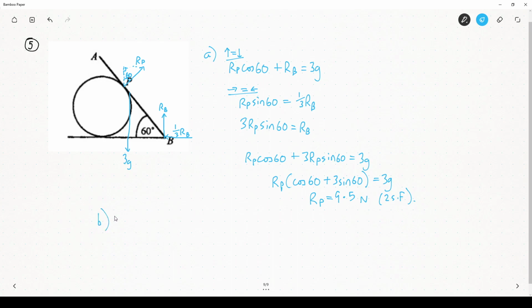Right, part B then just wants the distance from A to P, which is a little bit sneaky because you're probably going to take moments from B, which would give you the distance BP, but the question here is asking for AP. So, taking moments about B,